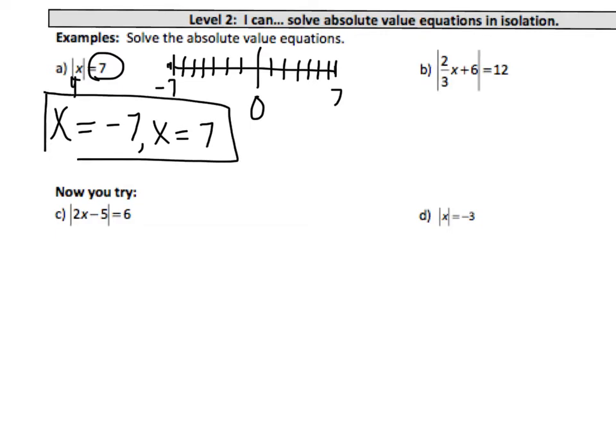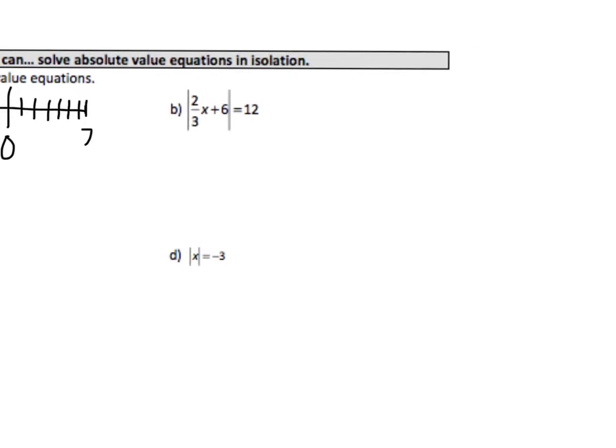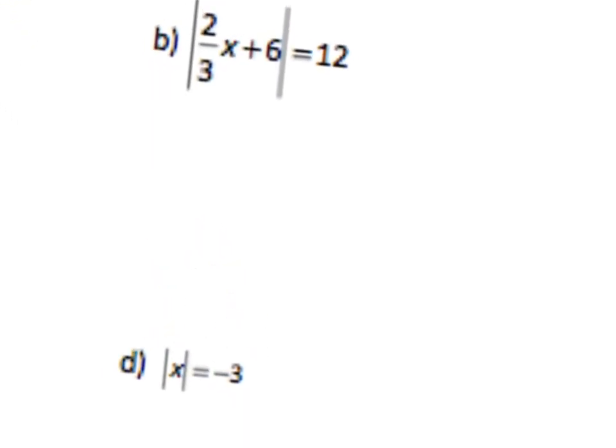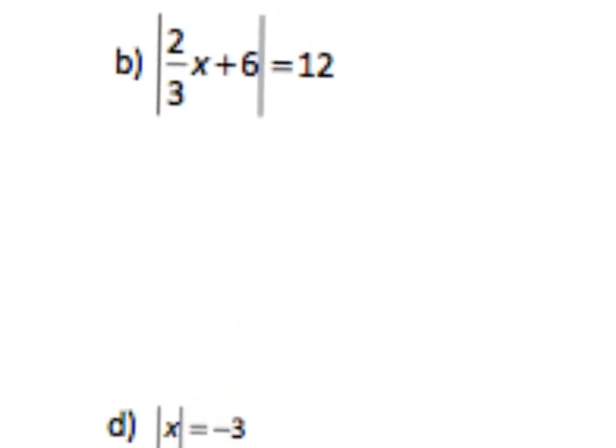Okay. Now if it looks like B, B's a little bit trickier because it doesn't just have an x in the middle. So, like before, this is going to be 12 units away. So this absolute value could be at negative 12 or it could be at positive 12. So I need to set up two equations